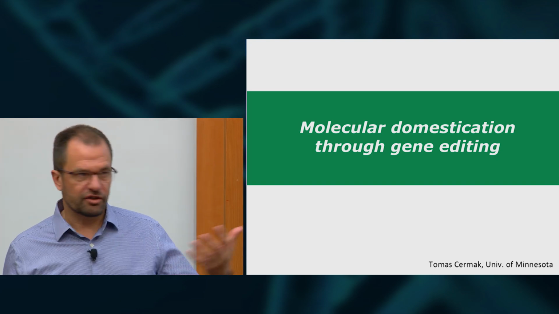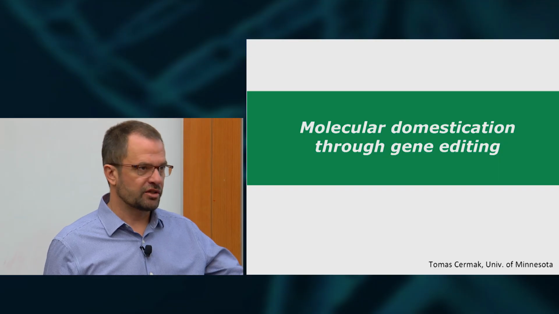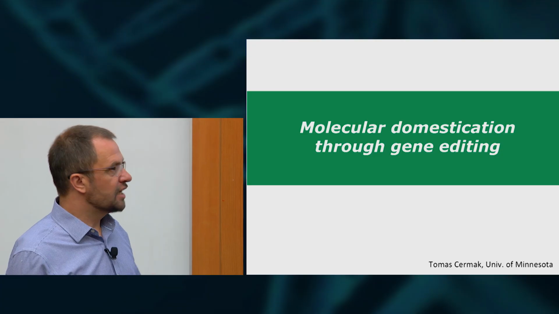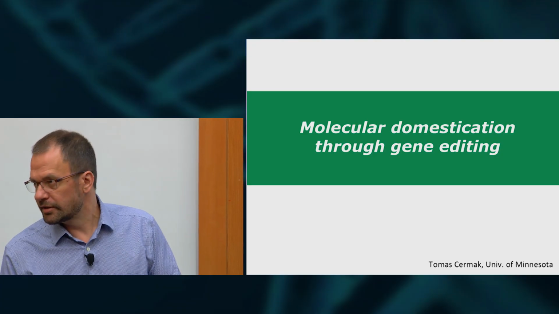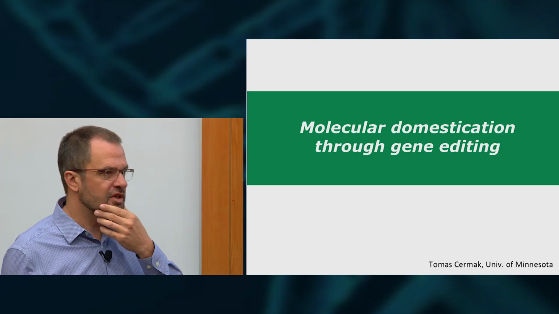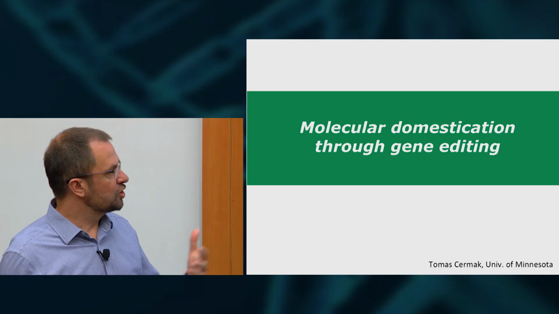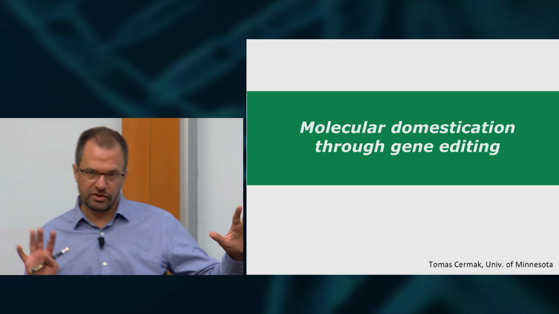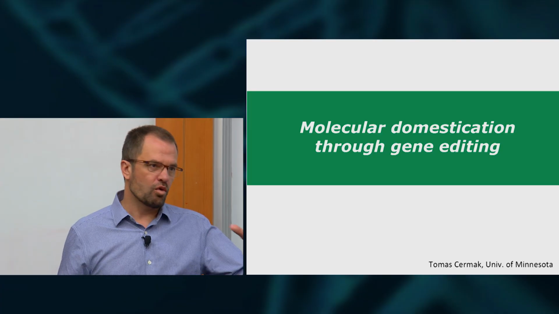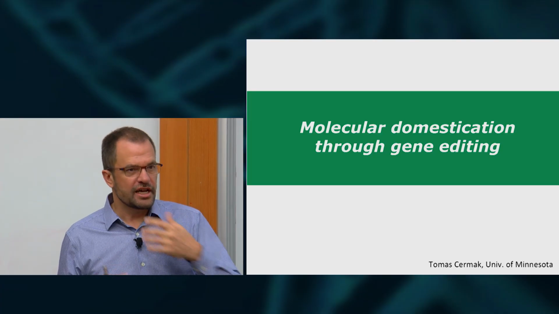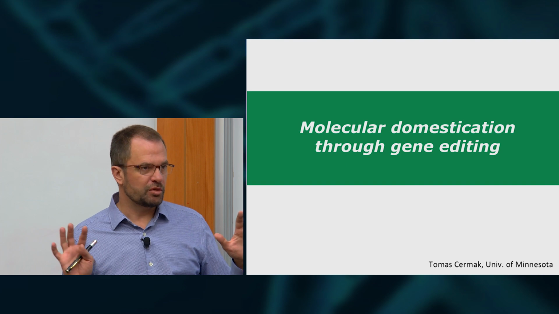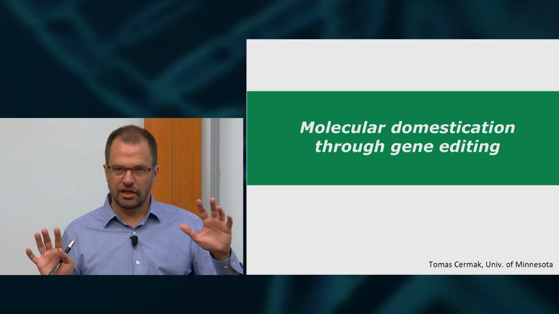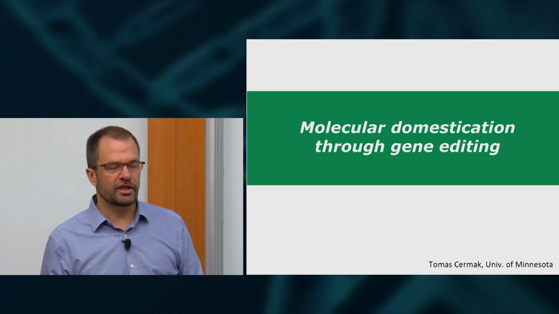So modern corn is derived from a wild ancestor, teosinte, this grassy, weedy plant from Central America. Most of the fruits and vegetables and grains that we use have wild relatives. And through the genomics era, over the past 10 to 15 years, we've come to appreciate the genetic changes that separate teosinte from cultivated maize, or wild tomato from cultivated tomato. In fact, there are only a handful of genes that seem to be important drivers of the traits that we value. That is, changes in a handful of genes convert these wild species to their cultivated form.